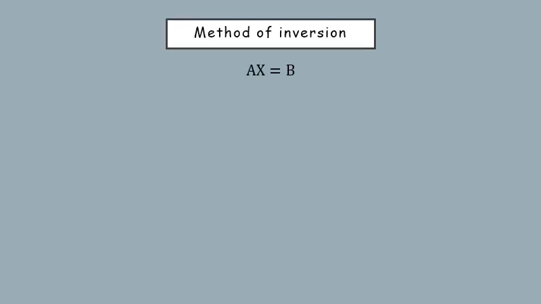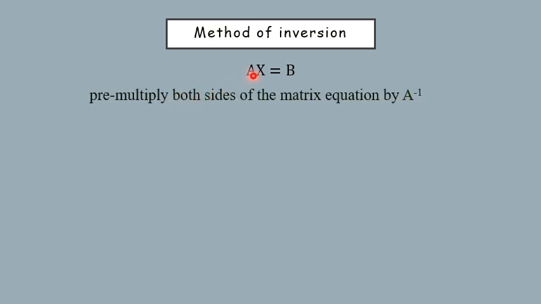So consider one matrix equation: AX is equal to B. We all know A is the matrix of coefficients, X is the matrix of unknowns, and B is the matrix of constants. Since the solution of the given equations exists provided A is a non-singular matrix, it is possible to find the inverse of this matrix A. So pre-multiplying both sides of this matrix equation by A inverse, we get this. Here matrix multiplication is associative, so this A inverse into AX can be written as A inverse A into X,